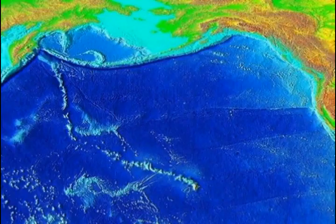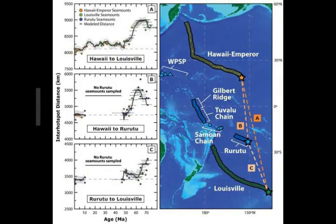This concept was initially proposed for the Hawaiian Islands. They are the youngest end of the Hawaiian Emperor chain that lies beneath the Northwest Pacific. But soon there was doubt over whether hotspots are truly stationary. The biggest contradiction was a striking bend of about 60 degrees in this volcanic chain, which originated 47 million years